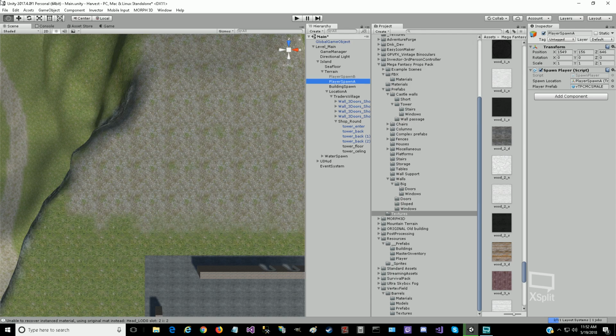Alright, so yeah, what we're going to do is just change that player spawn location. Set where we can see. And so where I want it to be is, we'll just move the, hopefully I just moved the Y. I think that's all I